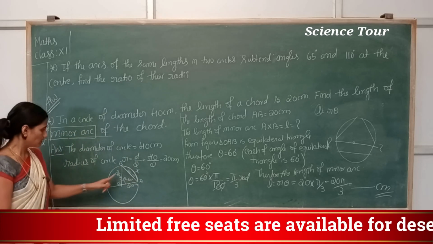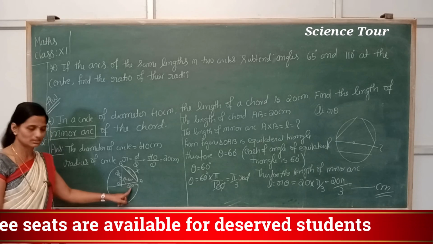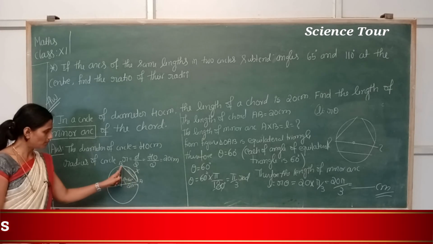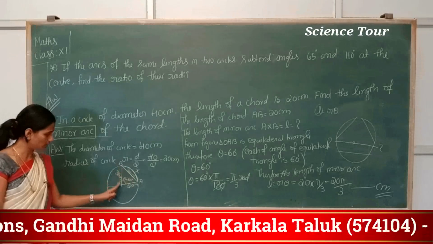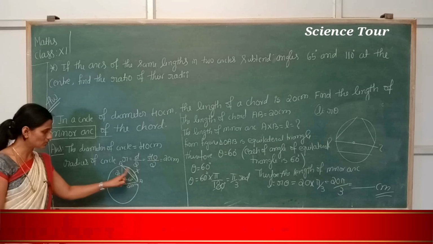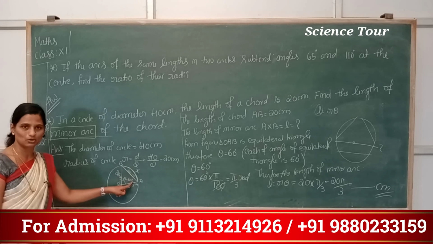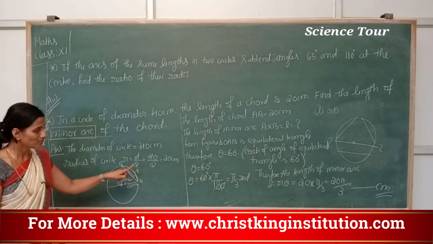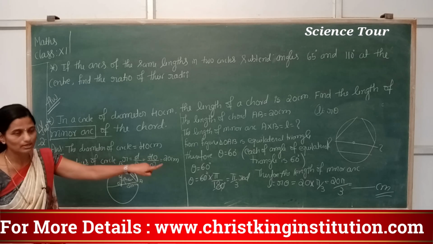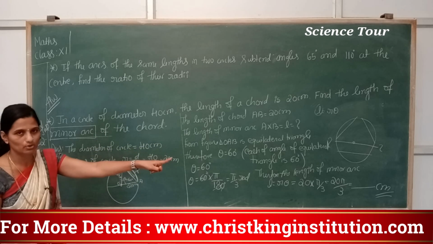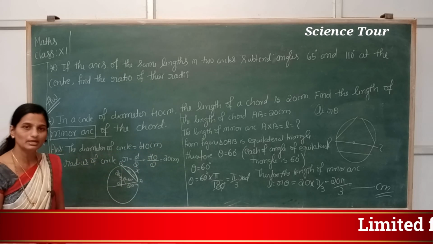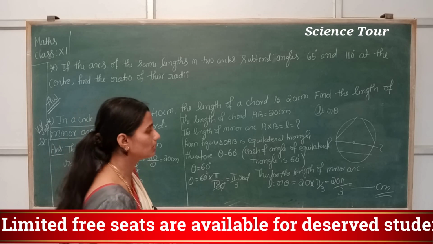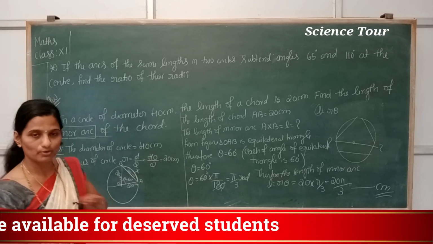Is it clear? The diameter is given, the radius is 20 centimeter. This is a chord of length 20 centimeter. This chord means this is your minor arc, and join this one. This is the radius. All sides of the triangle are equal, which means the triangle is equilateral. Equilateral triangle means theta is equal to 60 degree. Convert that 60 degree first to radian to substitute in the formula L is equal to r theta. Substitute and simplify by substituting pi as 3.14 or 22 by 7 and get your answer. This is very important for 2 marks.